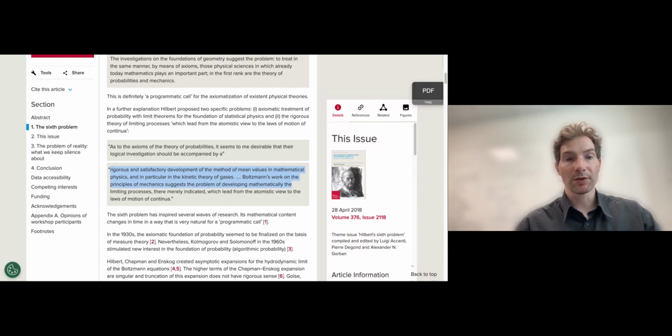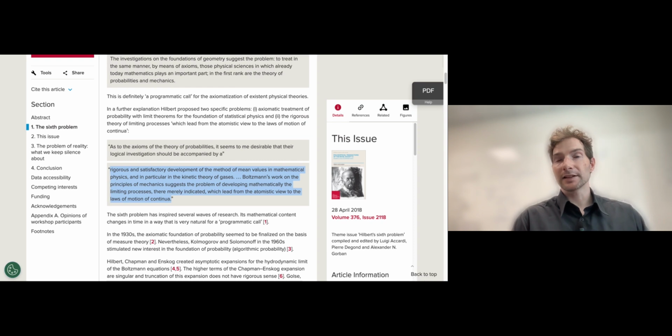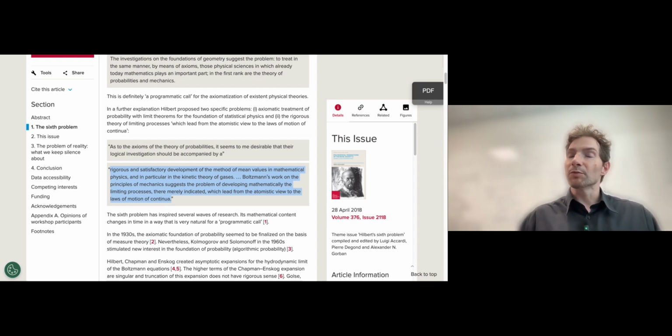Boltzmann's work on the principles of mechanics suggests the problem of developing mathematically the limiting processes there merely indicated, which lead from the atomistic view to the laws of motion of continua. Now, philosophically speaking, the reason why this is a fascinating problem is that on the one hand, it appears to want an axiomatization of physics, so simply that it's well defined mathematically. But from a philosophical standpoint, it seems to say something else, and that's why the sixth problem of Hilbert is